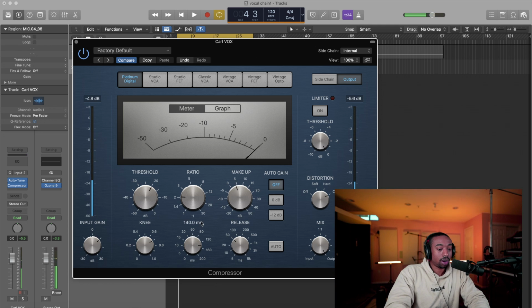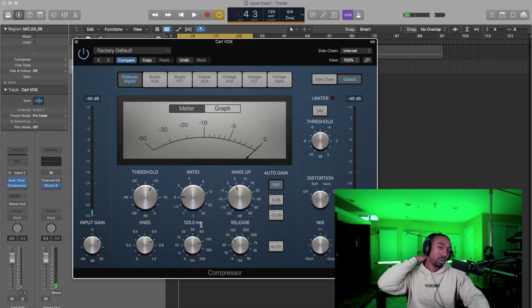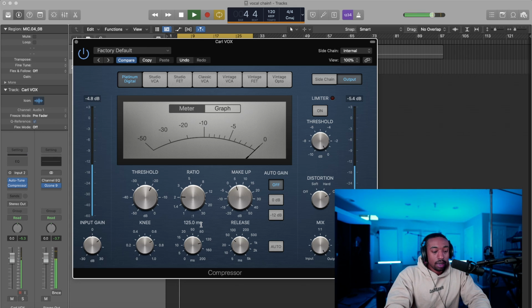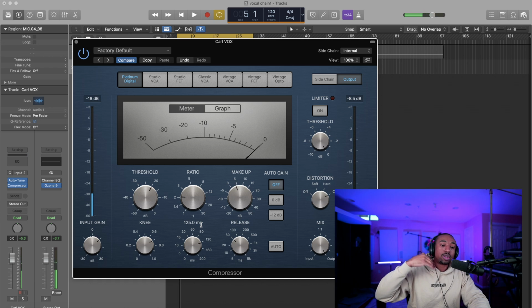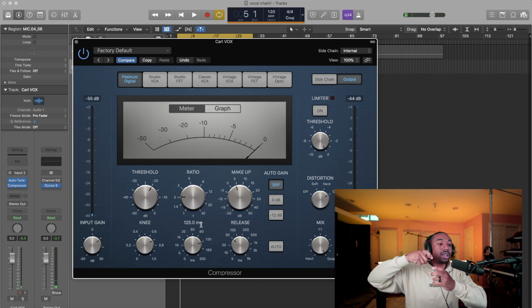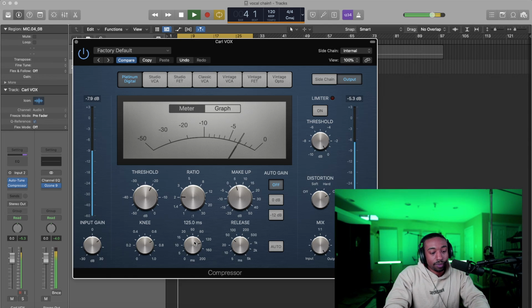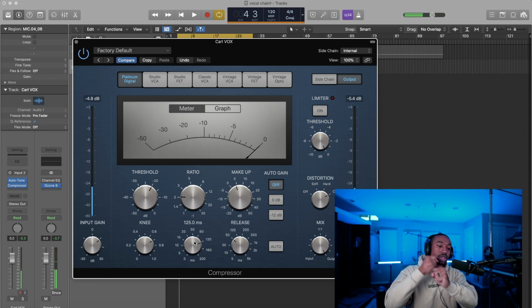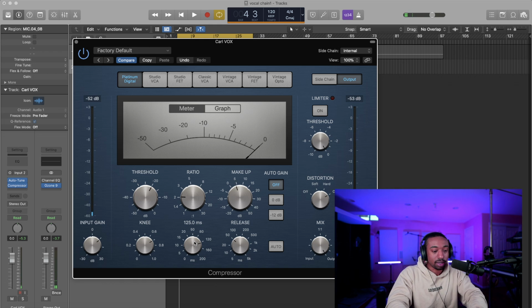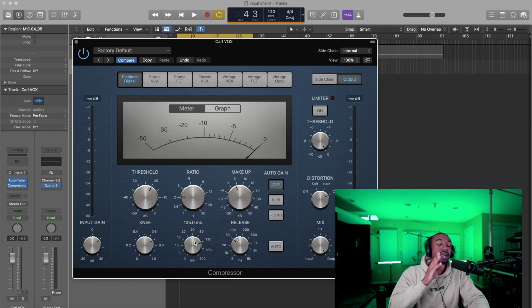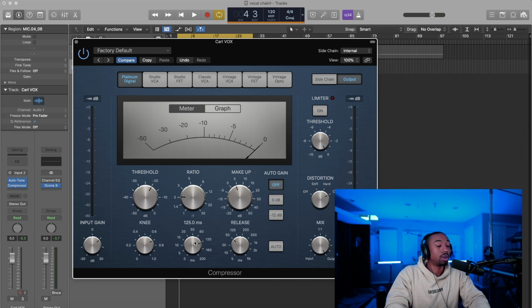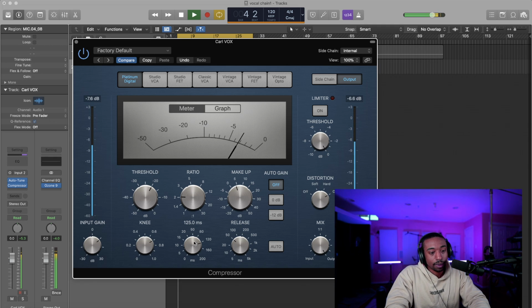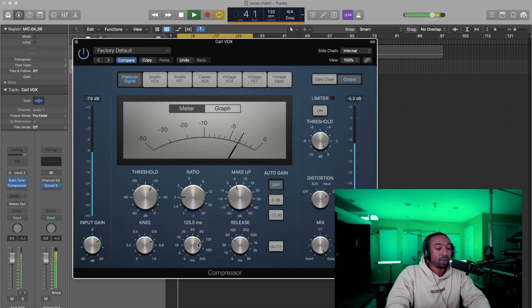So if I set this to 100 milliseconds, which is 0.1 of a second, it lets a lot of that transient energy pass the threshold before it even begins to start doing what it's going to do. So you're going to get a lot more transient heavy, punchy stuff. I did that on purpose. Punchy stuff coming through, and that won't take away from your performance if you increase your attack. So for most vocals, you're going to let that transient come through.